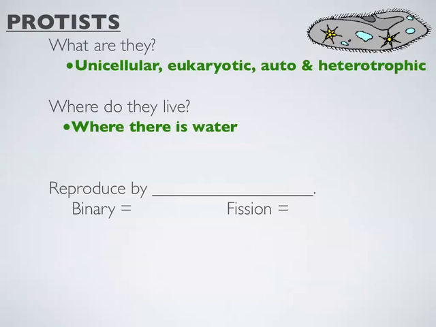So they live in the water, but some also can live inside of other organisms. Somebody asked earlier about a parasite. So some types of protists are parasites. A parasite is an organism that lives in or on another organism, sort of living off of it and usually harming it. And so yes, they are bad for you, they cause illness.